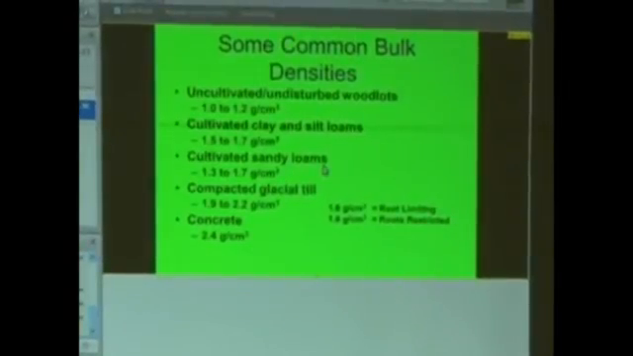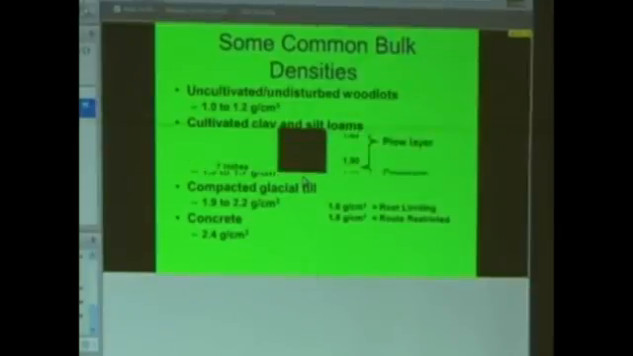So that's real important. On a lot of our soils, we're actually limiting the roots and how deep they can go. So let's take a look at what is typical in our